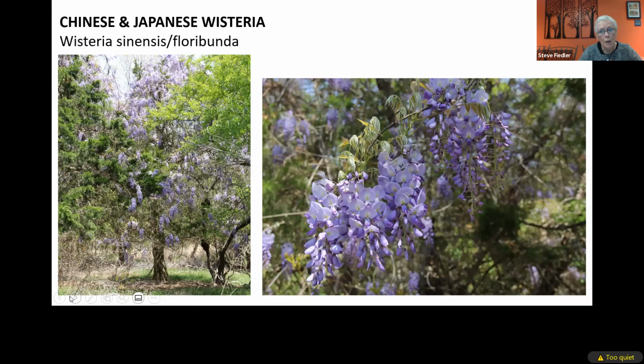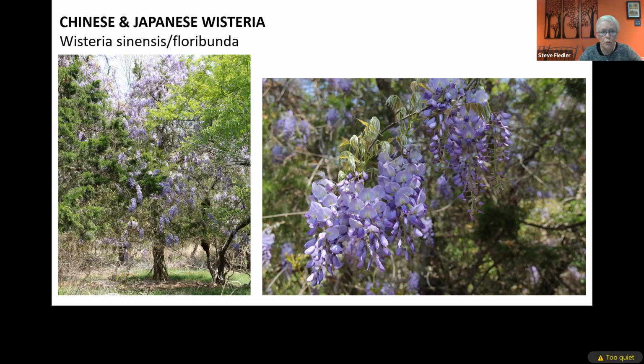Probably everyone's familiar with Japanese or Chinese wisteria too. This is one that is more robust and can really do trees and shrubs in pretty quickly. You're going to notice it when it's blooming in April and into May. It has large compound leaves. The vines trail along the ground. It's one that's somewhat challenging to get rid of, but the environmental impact is that the vines girdle the trees,